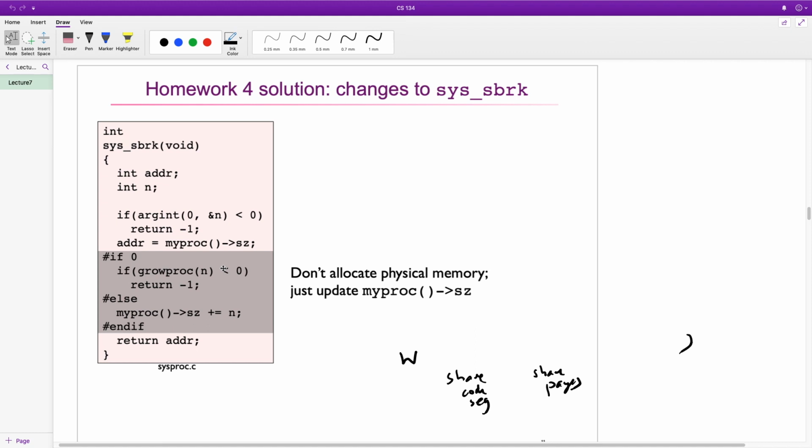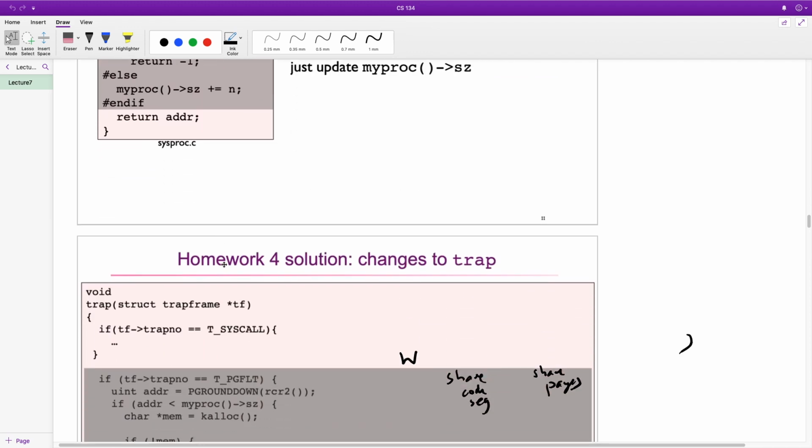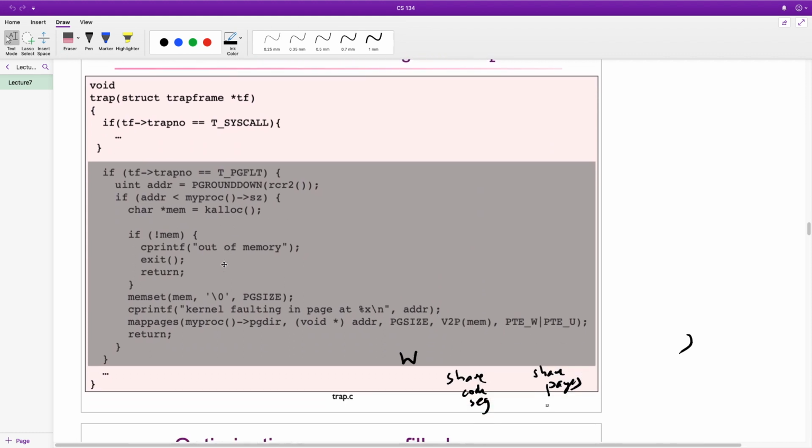Okay? And then the user program says, this is fabulous, I have this memory. Oh, what if I try to use it? Oh, you get a page fault. Except the user program never sees the page fault, because it goes to the kernel. We get a kernel page fault, and we look, what trap was it? Oh, it's a page fault. We will look at the address that caused the page fault, and we will round it down to a page boundary, because it could have been any offset within there. And then we'll look and we'll see